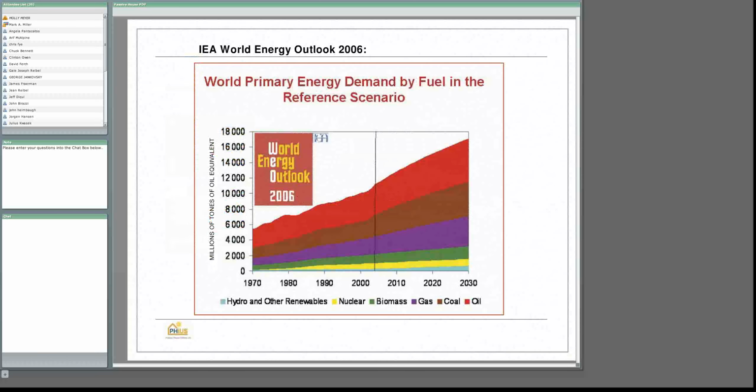So this chart here is explaining how our global demand for energy is going to keep escalating at an exponential rate. And I'll put this out there if anyone wants to type in some answers, but I'd like to ask folks, in your opinion, why do you think our energy demand is skyrocketing so much? Feel free to type in some answers if you'd like. But I'm hoping you're thinking of what I'm thinking. And what I'm thinking is